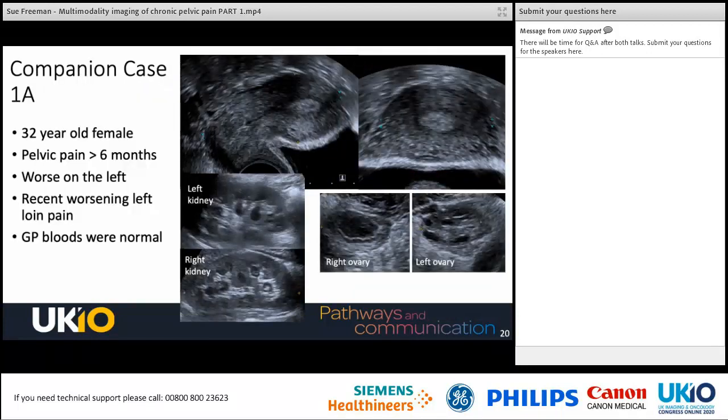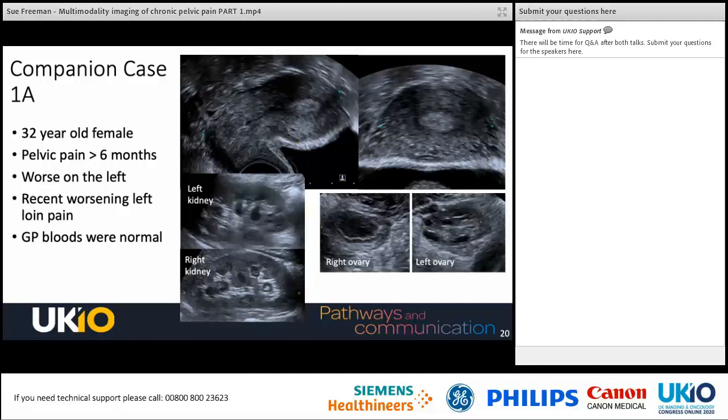So this is a companion case so that we can explore the imaging features a little bit more. This is a 32-year-old female who was referred with cyclical left pelvic pain, and it was highly suggestive of endometriosis. But her pelvic ultrasound was completely normal. We can see a normal uterus, endometrium, kidneys, ovaries, all completely normal. But given that her symptoms were increasing and this strong suspicion that there was underlying endometriosis, she went on to